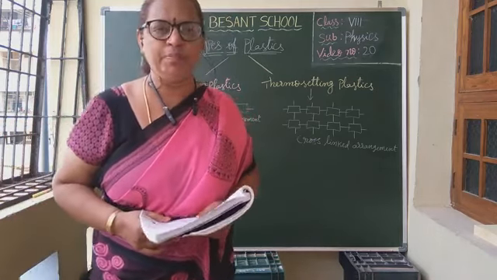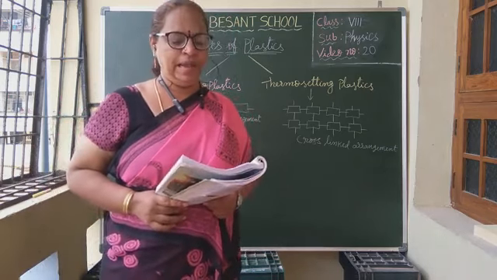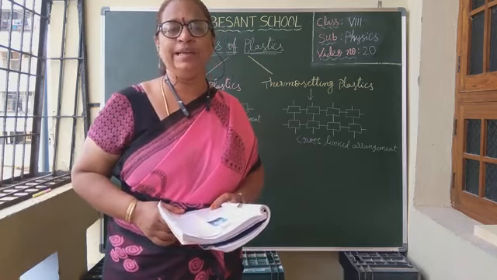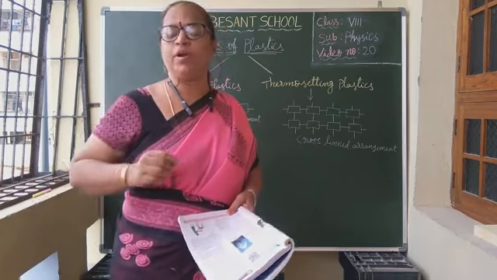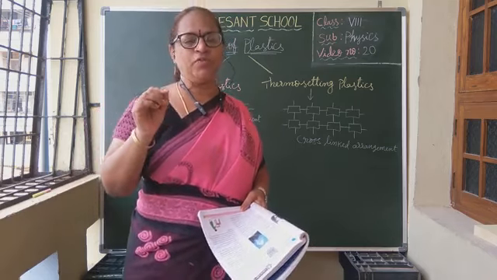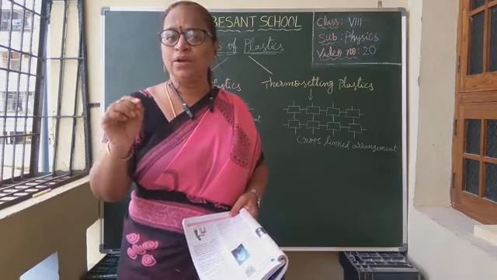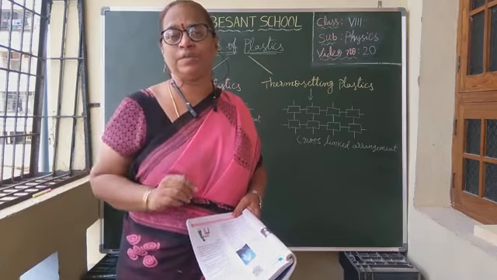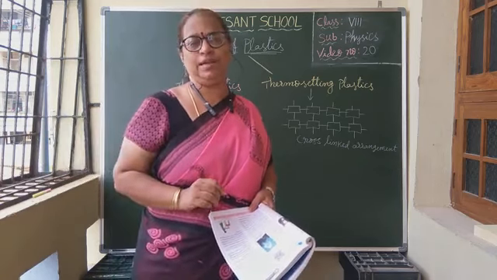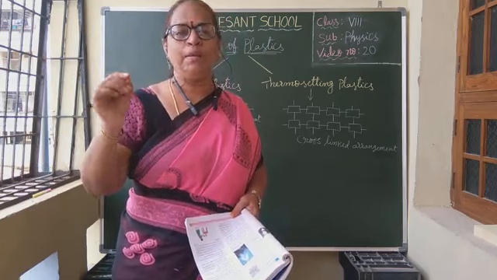Let's take two bottles made up of plastic. One is a PP bottle. PP means polypropylene, and another is an ordinary PET bottle. What is PET? Polyethylene terephthalate. All the soft drink bottles, irrespective of the brand name, are PET bottles. Why? Because all the soft drinks are carbonated, consisting of carbon dioxide, aerated drinks. So the plastic should not react with that carbon dioxide. This PET type of plastic will not react with carbon dioxide. So they are PET bottles.